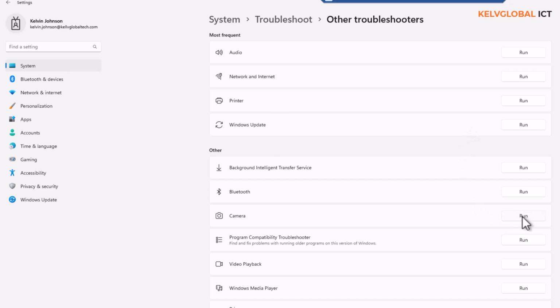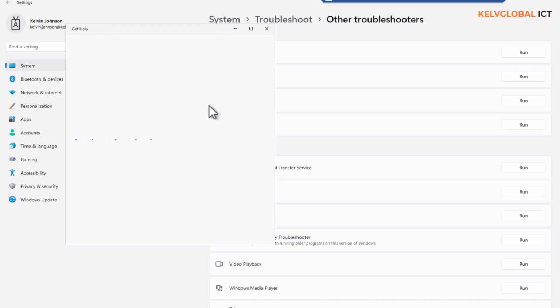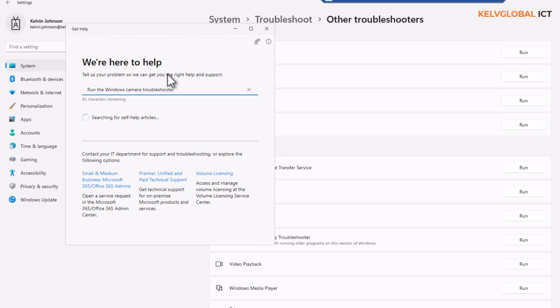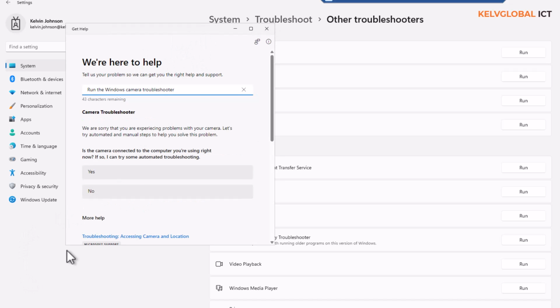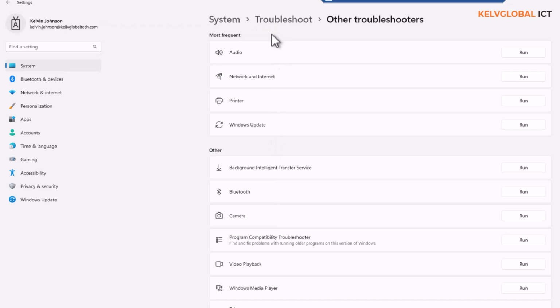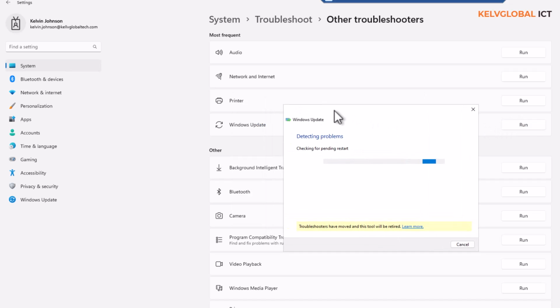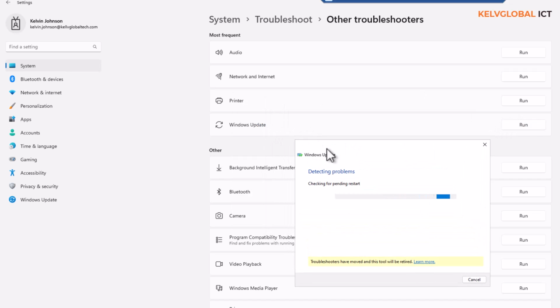If, for example, you're having an issue with the camera, you can decide to click run, and if there are no other options, you can see it's going to give you some help and try to see what you can actually do to fix the issue. But for example, let's try to run the update. If I click run Windows update, it's going to detect what the problem is. But at this moment, I'm not having any issue with the Windows update,